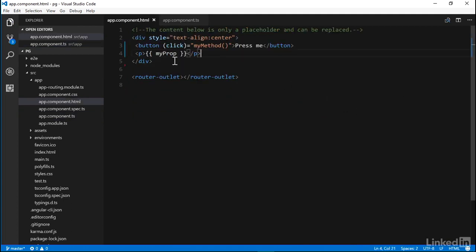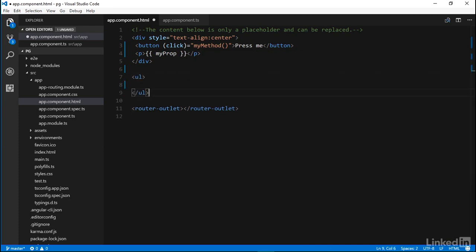Now back in our component template, let's add an unordered list. And then we'll create a list item element. And this is where we add the ngFor directive. We'll say let arr of myArr. Inside of here,